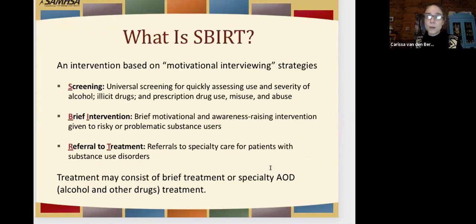So, one of the really neat things about SBIRT is it uses a lot of motivational interviewing strategies. So one, it essentially brings up the conversation like motivational interviewing does. And you're basically able to assess how much people use and how severe their substance use is. So that we can figure out where we are first before we even talk about something. Then